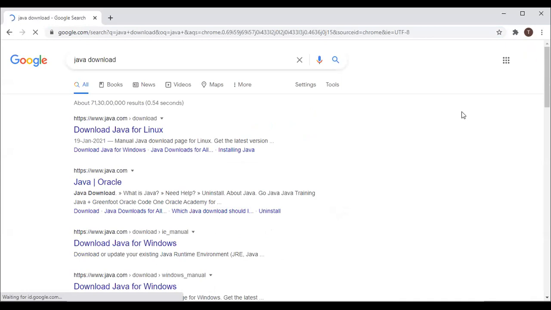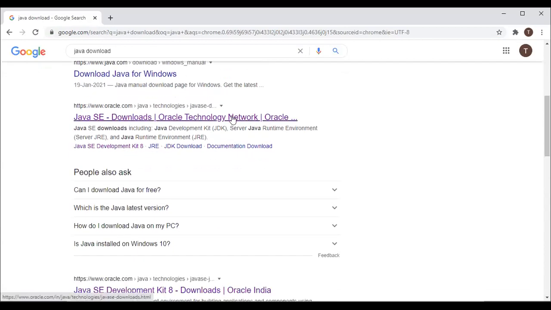We need Java from the Oracle website, so I'm going to go for this link, that is Java SE downloads. Now click on this link.